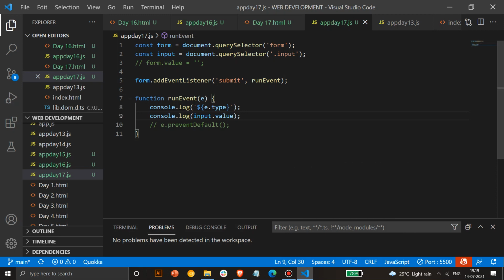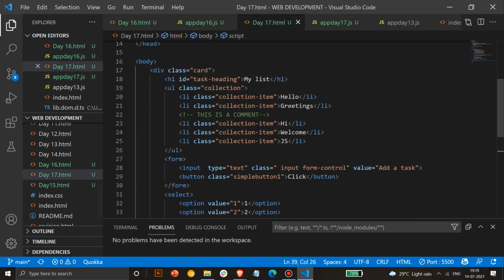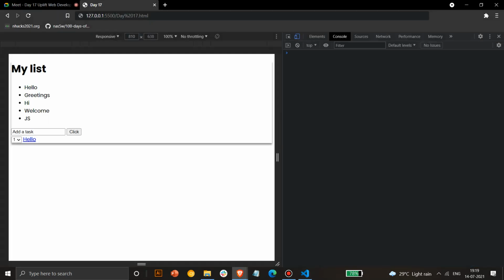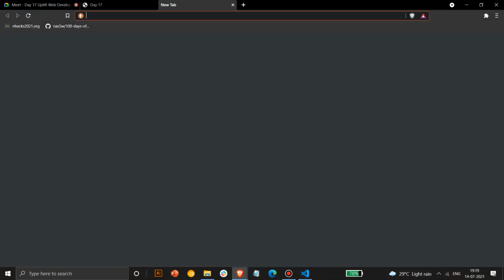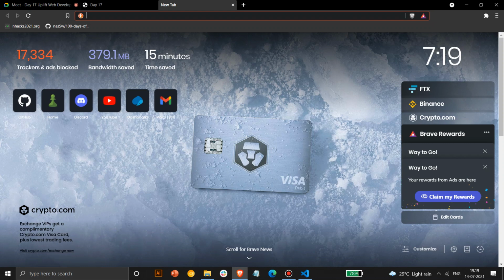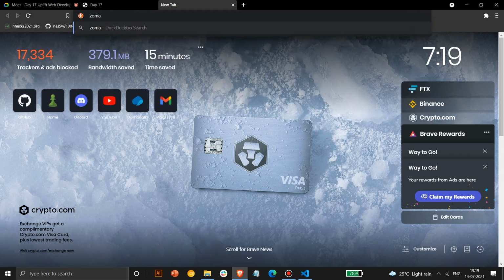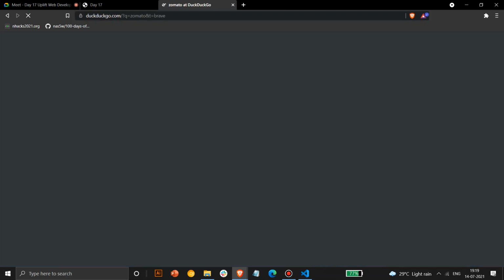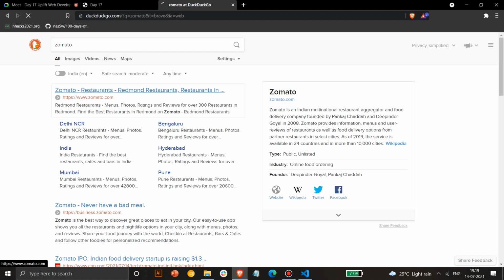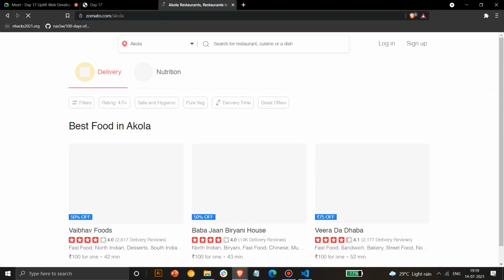So the specific characteristic of a form element is that as soon as you fill a particular form, it should redirect to a new page. So always you see, if you fill up a Zomato based form or any website form, it will redirect to a new page. And if you redirect it to a new page, you can see, like if you fill up any form, a thank you letter will be displayed there, or something like that, like if you fill a contact form or something like that.